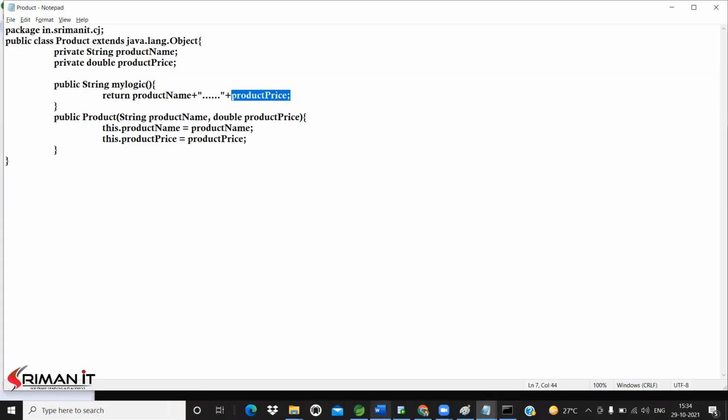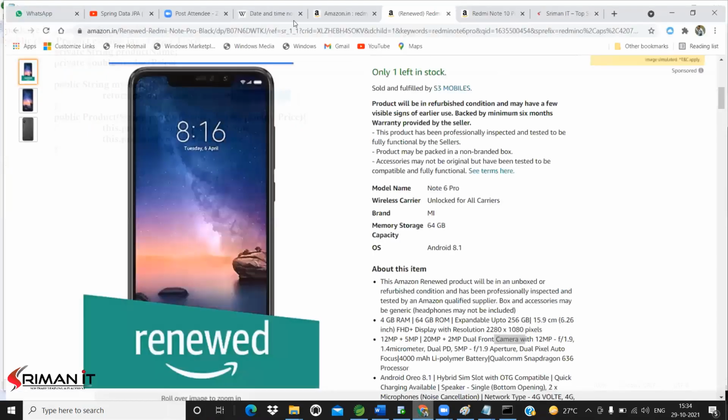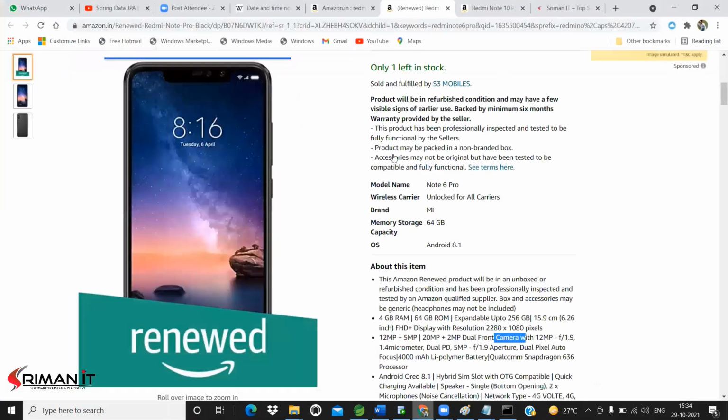If you observe online, whenever we click on, for example, this website, now I'm clicking on this Redmi Note 6 Pro Blue. Whenever I click on the image, what will it display? Redmi Note 6 at the rate of memory in hexadecimal format?